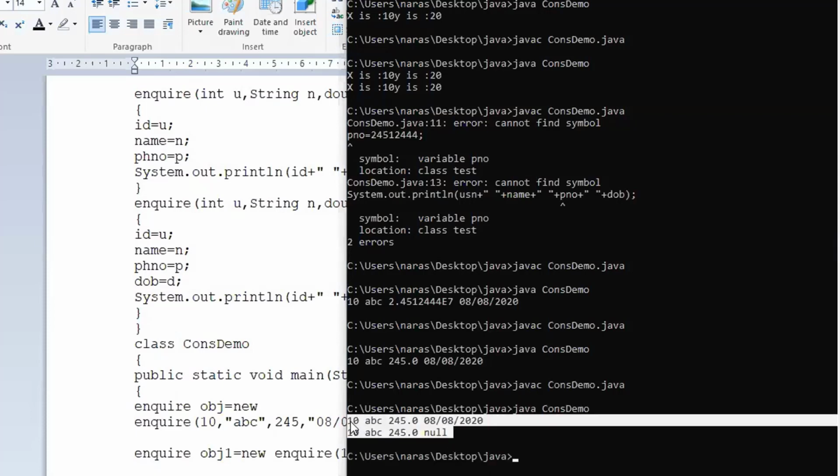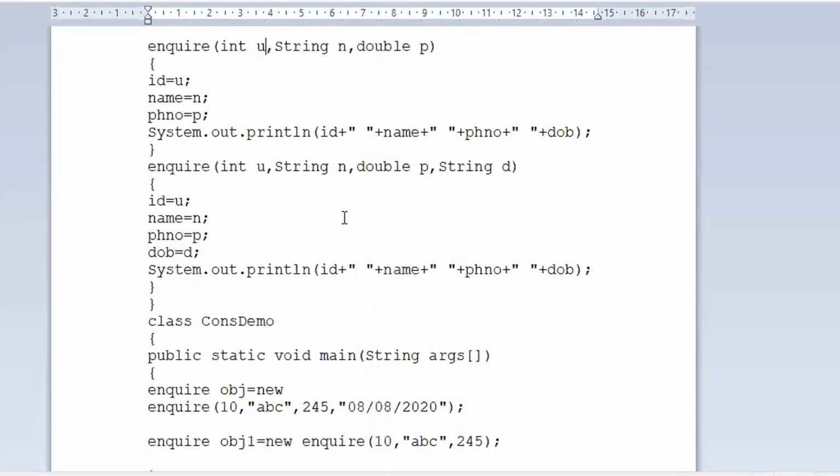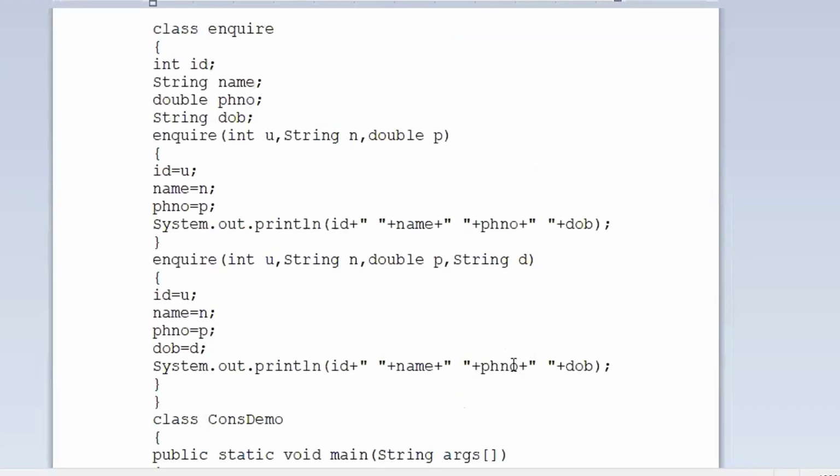Observe the last value. You have not given anything, but you are trying to print, so it has printed null for you. Right? Is this clear with the example? This program is clear. Again, I'm telling you, I'm taking each and every part from the basics and doing each and every modification step by step, not displaying the program directly. Right? Now, did we understand?